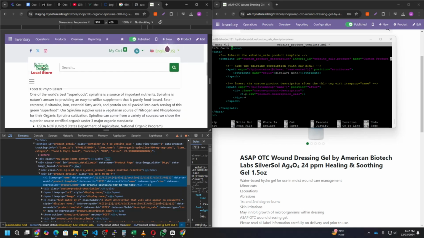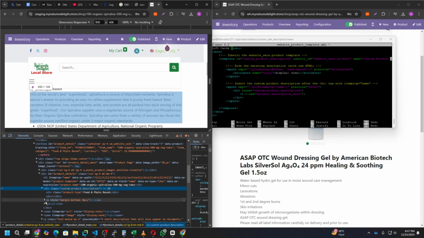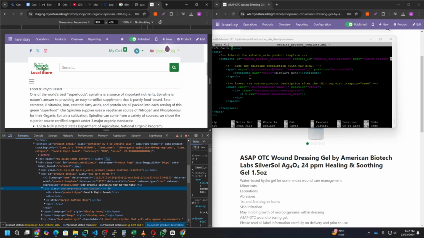There is a div custom product description. So this is where you actually configure the website view, and I have actually muted the original p tag